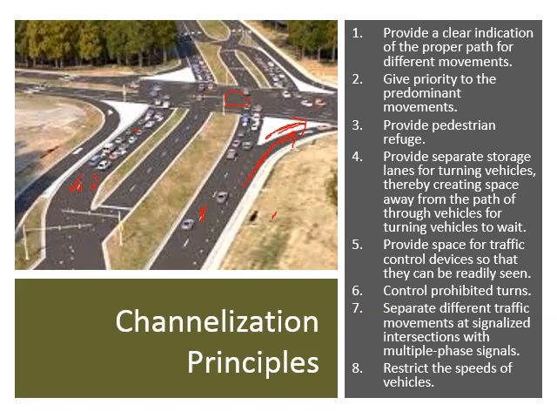Control prohibited turns, we talked about it earlier. If you are providing a signal, then you have an extra advantage, an extra tool for providing channelization, because a signal can separate movements in different timings, right? All movements do not have to happen at the same time. So a signal is an extra tool for channelization. And restrict the speed of the vehicles. In Bahrain you will see these yellow lines are used when you are reaching the intersection.